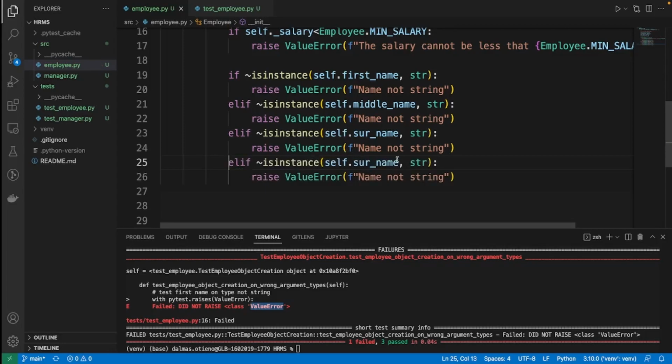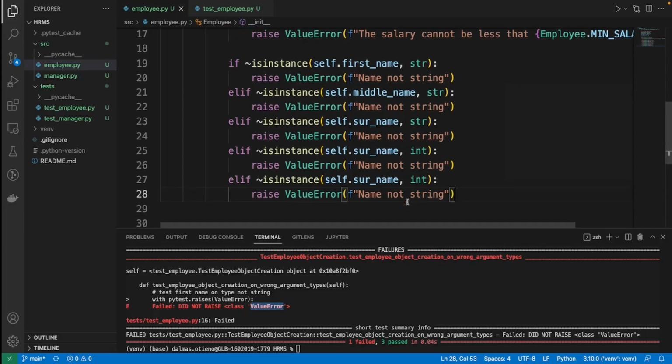So if it is not an integer or it is not a float, I hope I'm writing something that is correct. So if it is not an integer, it will, no, this is going